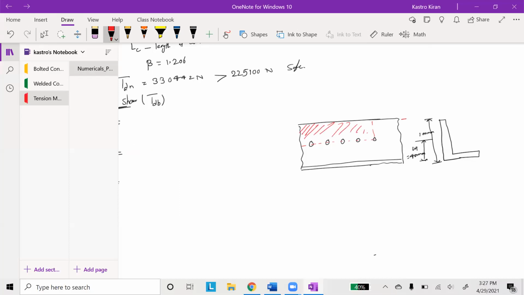Now what is this length? You have this length as 40 mm and the remaining length will be 100 minus 40, which will give you 60 mm. That's how you should identify the section of failure, because we don't know, it can be the bottom part also, but we are considering that the bottom part will be safe enough and the top part is the section which gets failed.